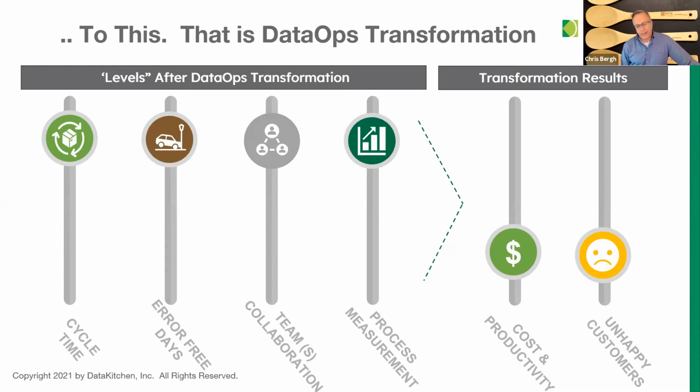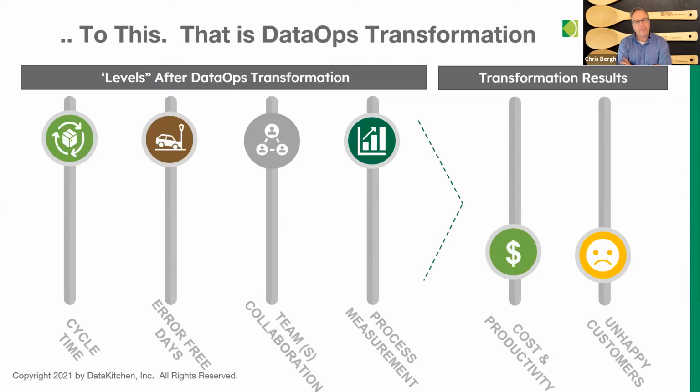And that's a real challenge to a lot of people, because if you've been in the field for a while, you've got some vendor telling you, hey, you can go fast and not break things. And that's really true. And the best in breed organizations are actually able to do all these things together. And the result of that is you end up with lower cost and less unhappy customers. And so you can push this graphic equalizer up. It is possible. And that's where people start.